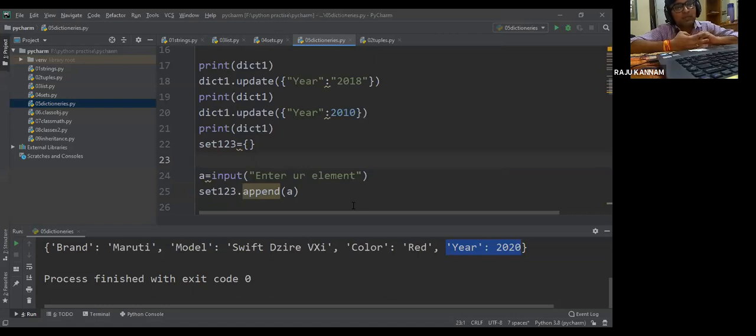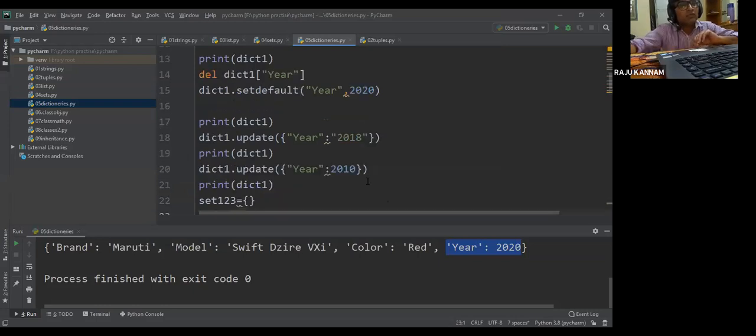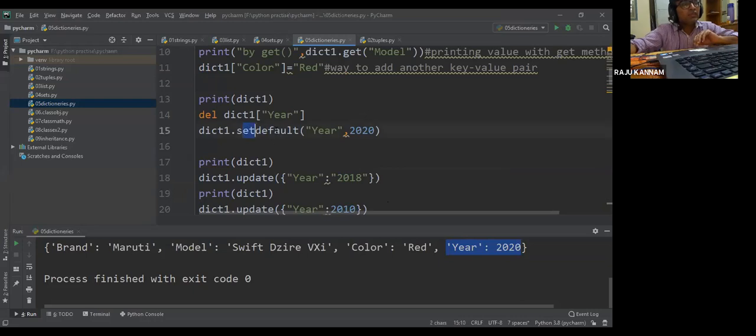Set default, no, set default function is not there. Sorry, set default function is here in dictionary, right? It is not working for you. Manish is telling, okay, it will work.